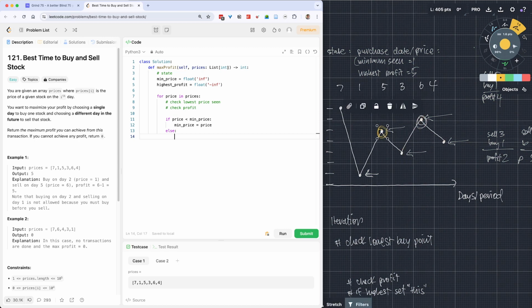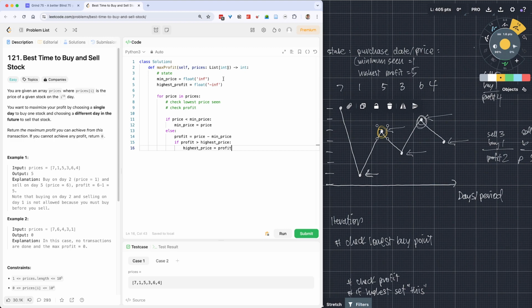And that's going to allow us to calculate a difference, and that potential profit could be positive, it could be negative, of selling at this price and then having bought at the minimum price that we've ever seen. And then if this profit is larger than the highest profit that we've ever seen, then we go ahead and change that. And now that I'm looking at this, I realize there's a chance we return negative infinity, which is